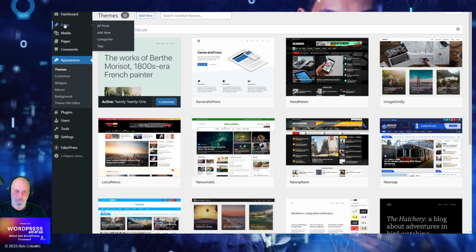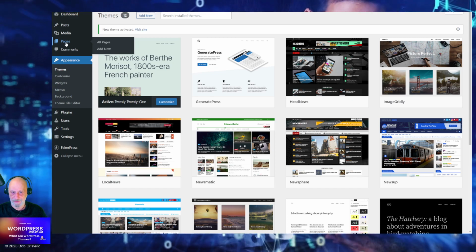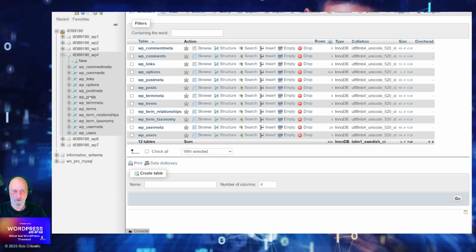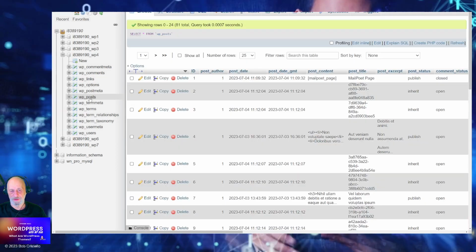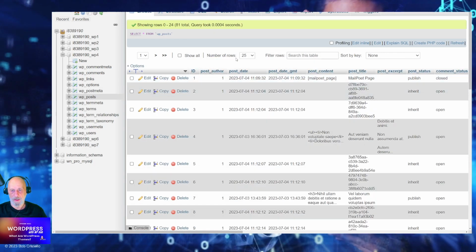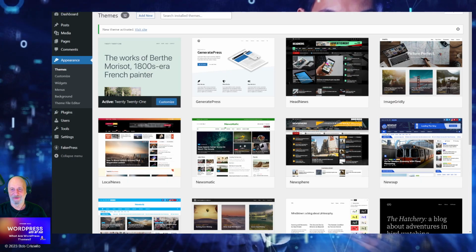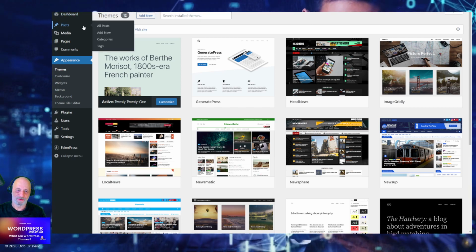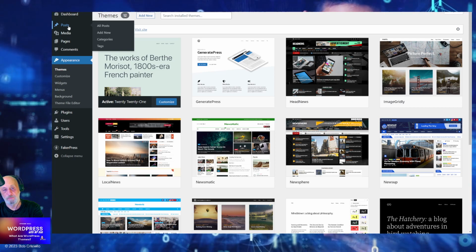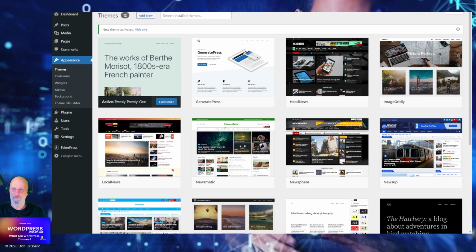And again, we have posts and pages, which are 2 different post types in WordPress. If you look at the backend database, for example, here you go. You'll see that we only have a post table and a post meta table. And posts can be, out of the box, posts or pages. And then there's 2 types of taxonomies which only posts can use. And these are the categories and tags, as we've seen before.